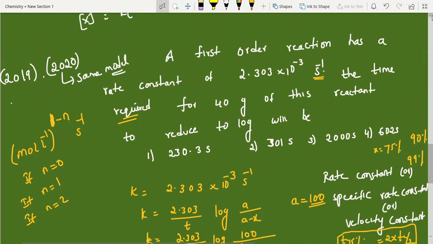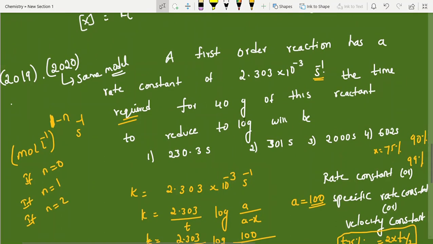A value directly they had given, here 40. This is 10. Direct values you can substitute. Sometimes they will mention 45%, sometimes 75%. That percentage we can substitute. So I will show one question like that. Here, directly values they have given means values we can take.